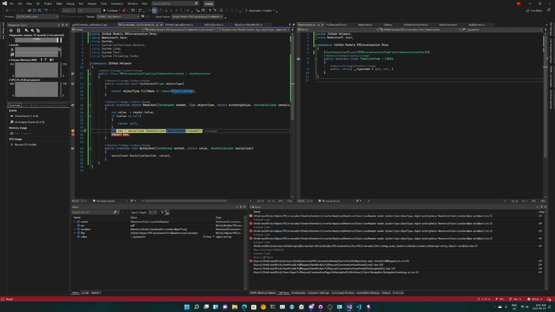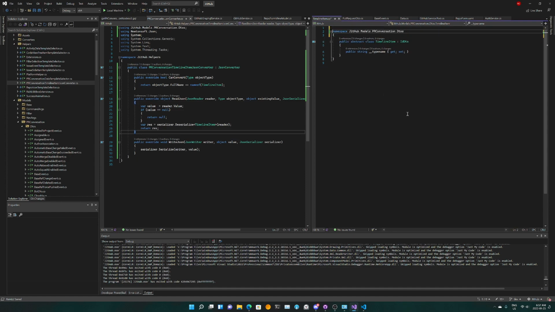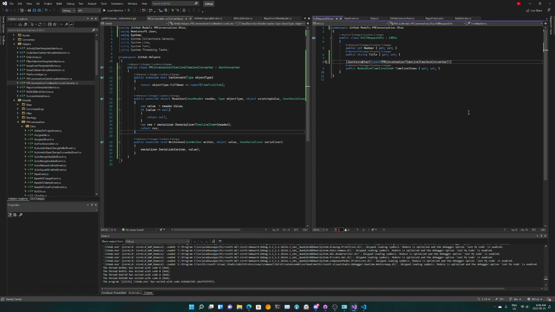Okay, so I think there are a few things we can do here. First of which is, well, maybe we don't do this, right? Like this doesn't seem like it's allowed at this point. So what we can do is for the timeline items, we don't use the nodes DTO, or we convert the whole thing, which is also plausible. So you know what, let's try converting the whole thing first.